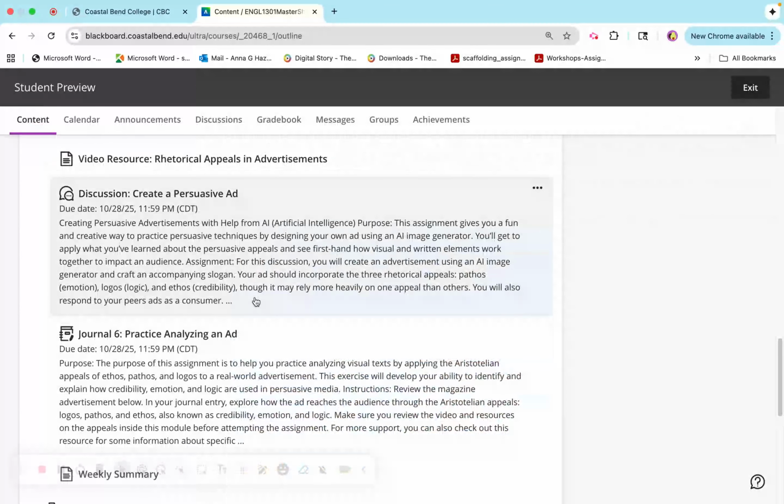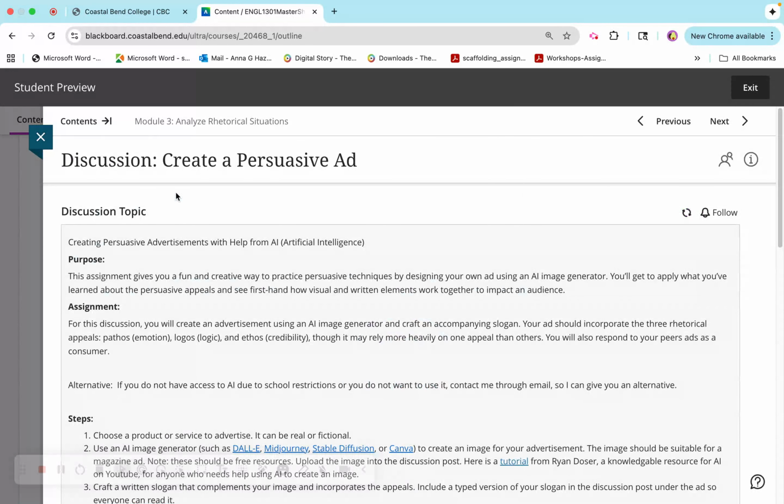I think I put these in the wrong order, so I'll fix that. And then I would say, save the discussion one for last, because this one will probably take you the longest. This assignment is actually giving you the opportunity to use AI